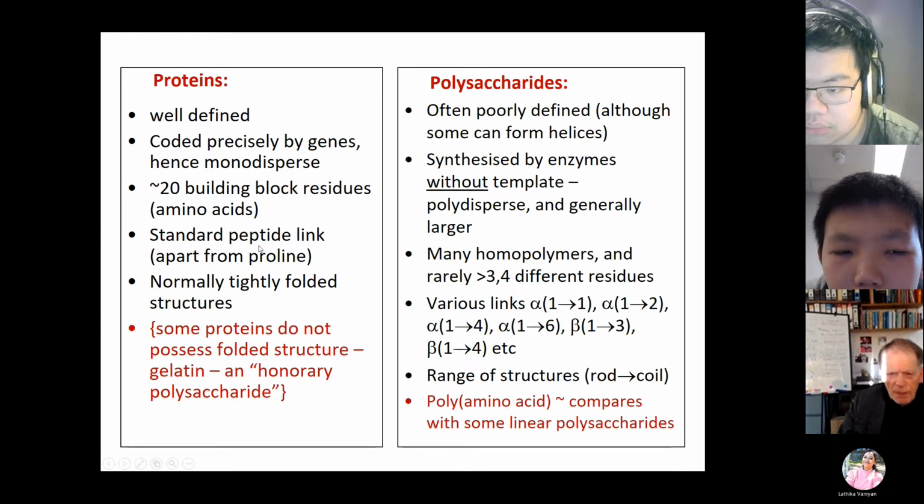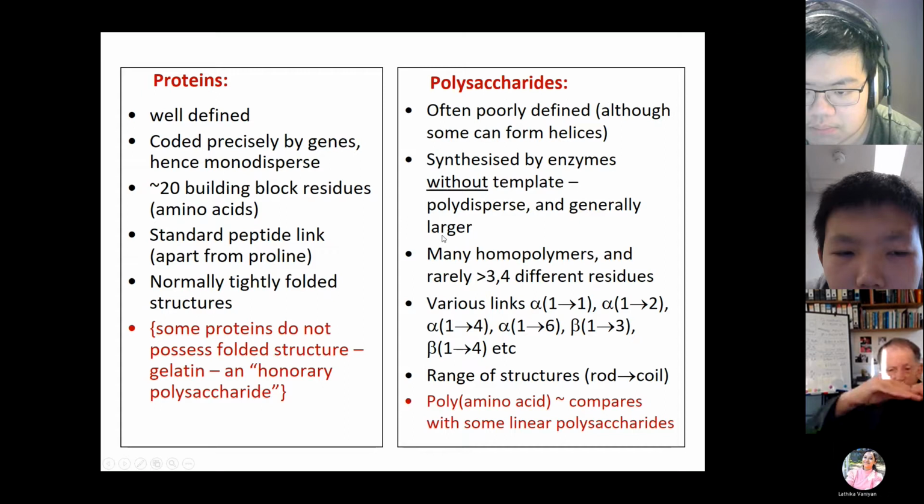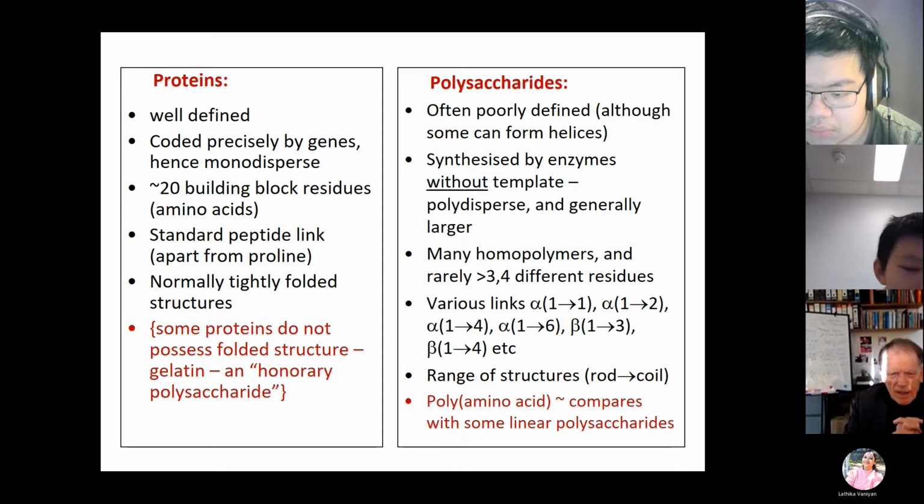With proteins, you have a standard peptide link, apart from proline, which is actually bent round on itself. So protein is an amino acid. If you've got an amino acid, proline, in the polypeptide chain, what proline does is produce a kink in the chain. But it's a peptide-like link. But generally speaking, between all the amino acids, apart from proline, you have a standard peptide link. Whereas in polysaccharides, it's the glycosidic